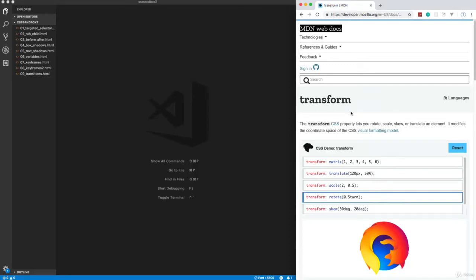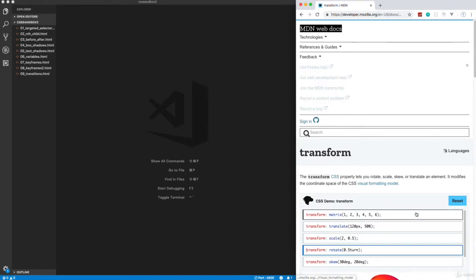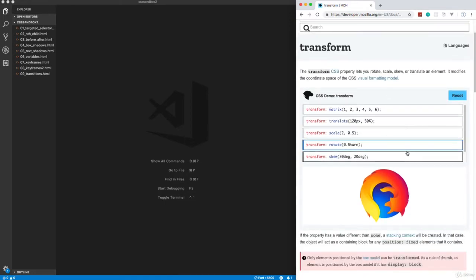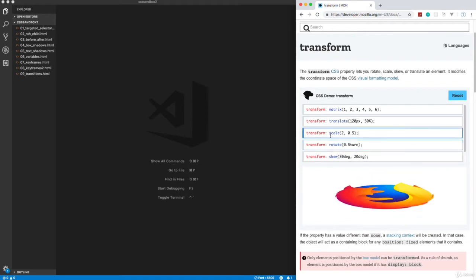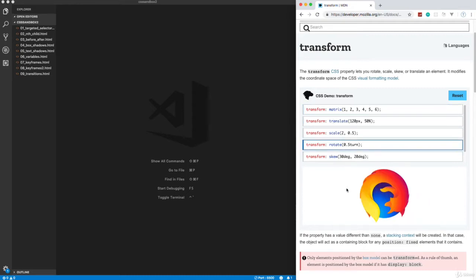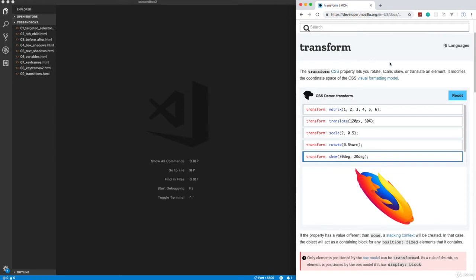Alright guys, so we're going to look at the transform property now, and this is a page from the MDN website, the Mozilla Docs, and it gives you a pretty good example of some of the effects that you can do with the transform. So for instance, we can rotate. This is skew, so you can kind of skew it. You can rotate, you can scale, so make it bigger. You can translate, which is basically move it around. Matrix. So we're going to look at some of these properties, and we're also going to kind of